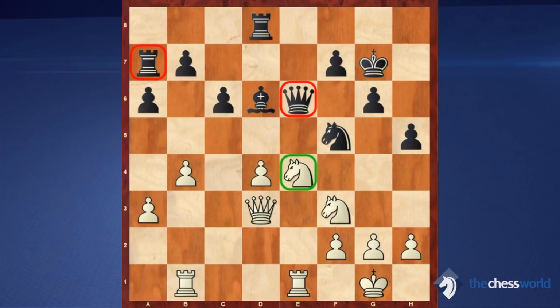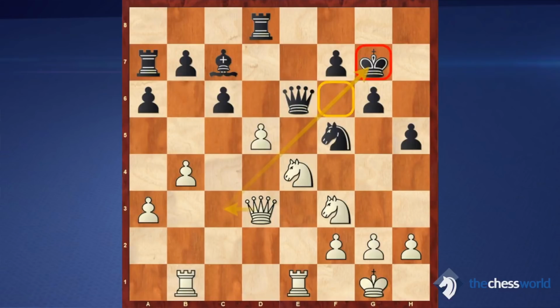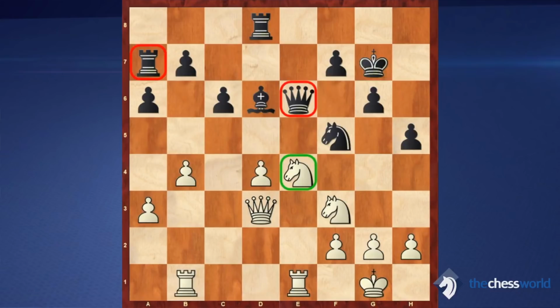Now, with some precise moves, black probably can equalize. But for example, it's not that easy to find a good move, because if he moves his bishop to c7, there is a really annoying move d5. And I'm opening up this diagonal, so I can attack the king with queen c3 and knight f6. Maybe rook a to a8 is the best move to improve the rook, not fearing any knight jumps, but he